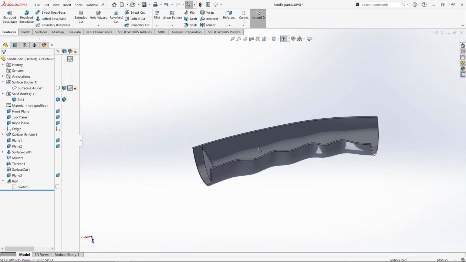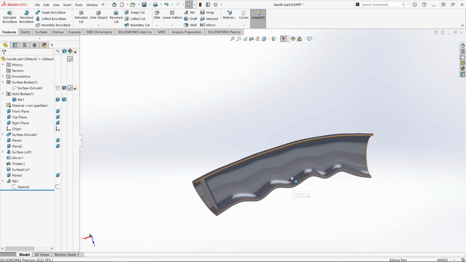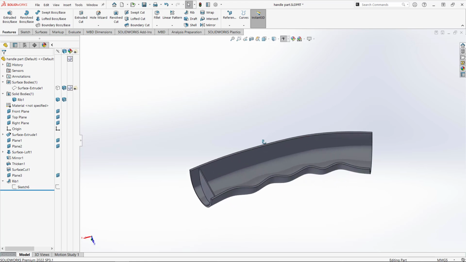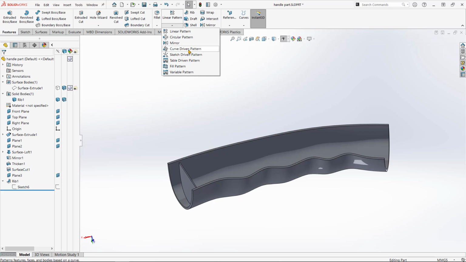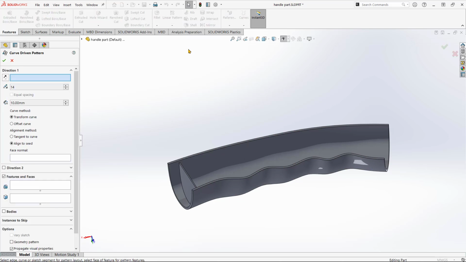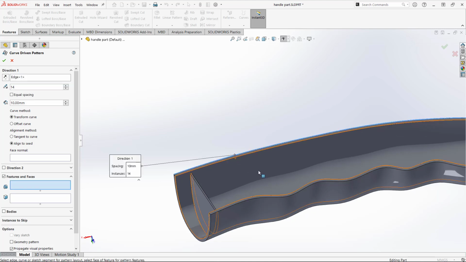So now let's create a pattern of these ribs. I'd like a copy of this rib every so often along this part, but I'd like those copies to be able to adapt to the fact that the part gets thicker and then thinner and then thicker again and then thinner again. So we can do that, and we're going to use the curve driven pattern. So select curve driven pattern. We need to give it a direction, so this will be a curve in our case. So I'm going to pick that curved edge of the top of my part as a curve,